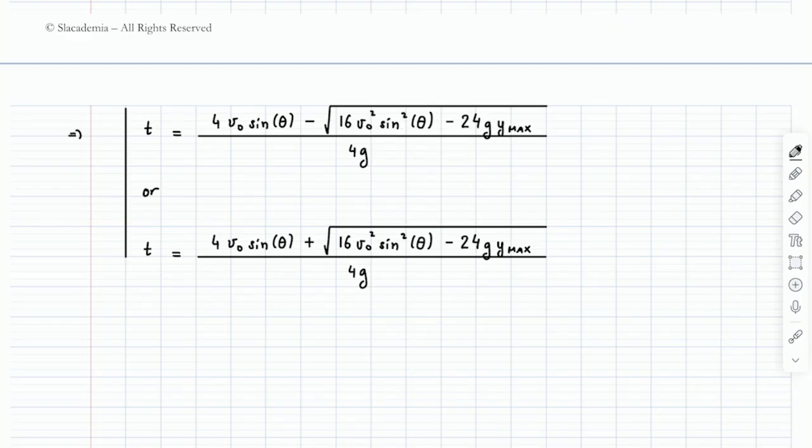Okay. Now, which one's bigger? That's pretty easy. Here you subtract this, here you add this. So it stands to reason that this is going to be t2, this is going to be t3. If you plug in all the values, you're going to find that this is approximately 0.4 seconds, but we know everything that we're plugging in, right? So I would recommend you do it just to practice plugging stuff in.